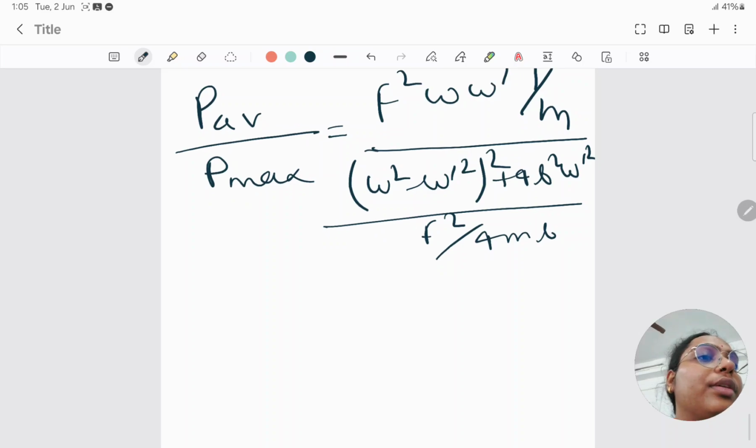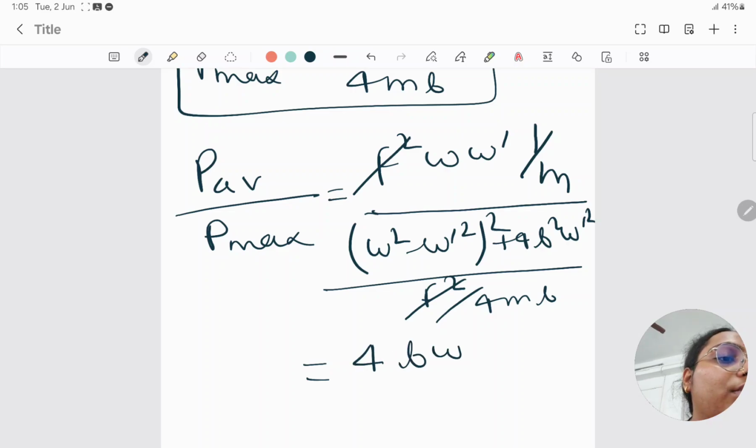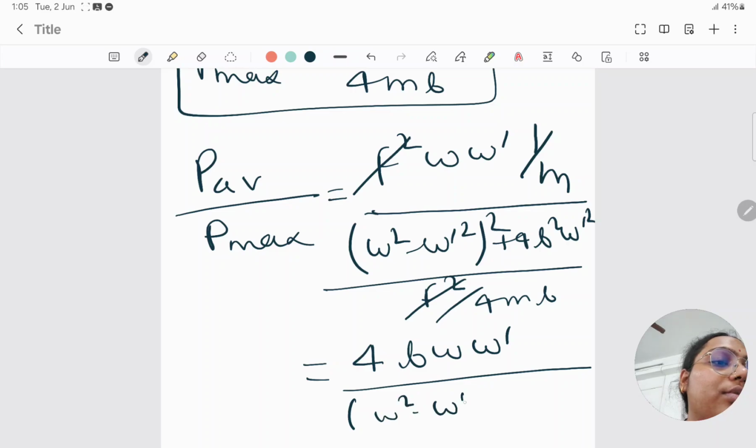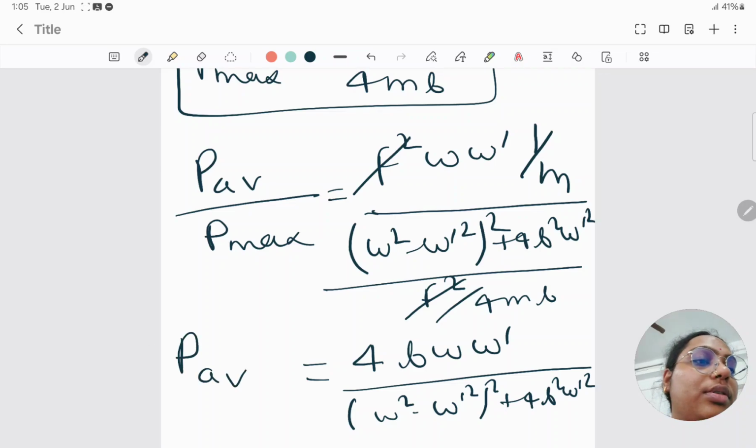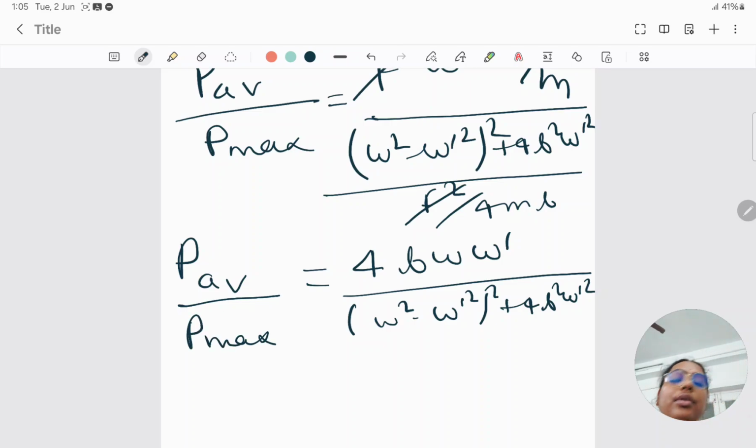Okay, so F² will be cut. Then what we will get? 4b²ω² ω'² upon (ω² − ω'²) whole square plus 4b²ω'². So P average by P max is equal to this. Okay,